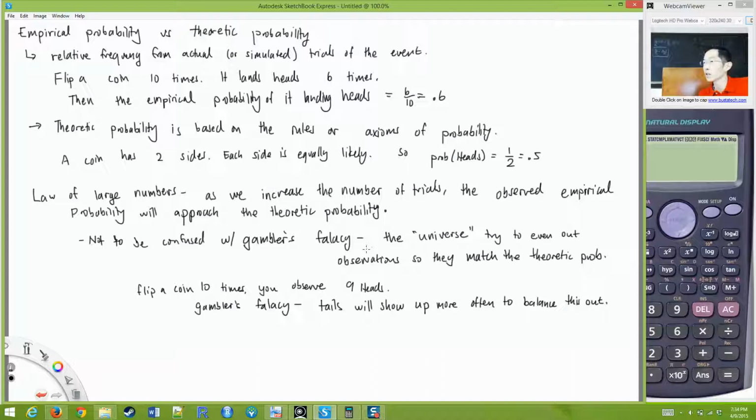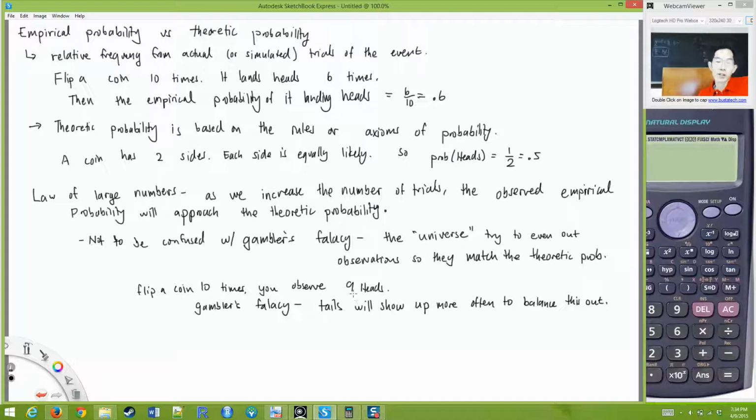Okay, but it's not that tails is going to show up more often to balance this out. Okay, the idea is that as you do more and more trials, those trials will just show up with probability of heads 0.5 and probability of tails 0.5, and that if you do it long enough,